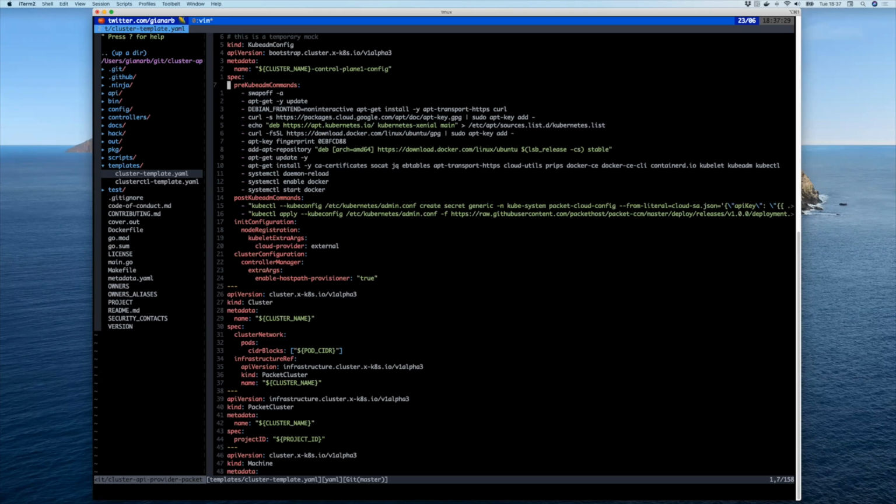And as you can see, the field is kubeadm commands. Those are the commands that run before kubeadm join or kubeadm init, based on whether you are in a master or a worker. And there are commands for after the